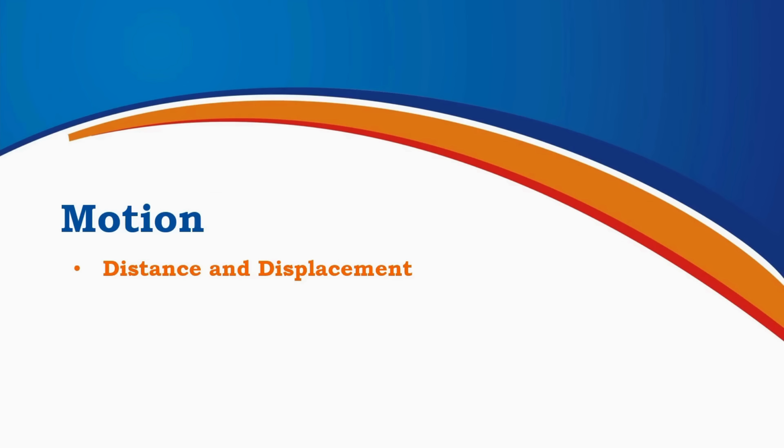In this section, we will learn about two important terms related to motion. First, we will understand the meaning of distance. Next, we will learn what displacement means. Then, we will see the difference between distance and displacement. Finally, we will understand these concepts using simple real-life examples. By the end of this lesson, you will be able to clearly explain distance and displacement and tell how they are different.